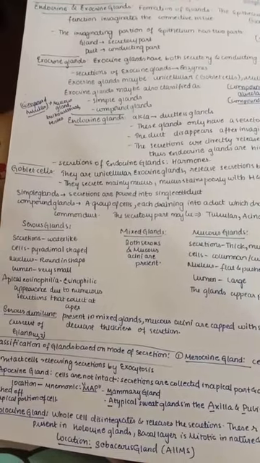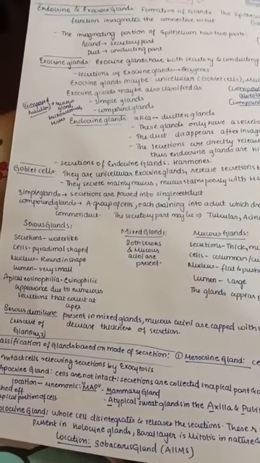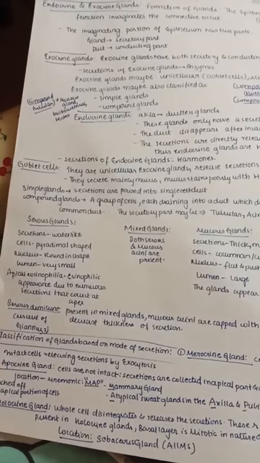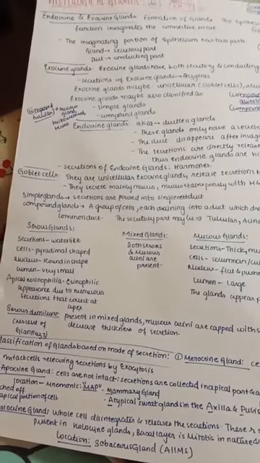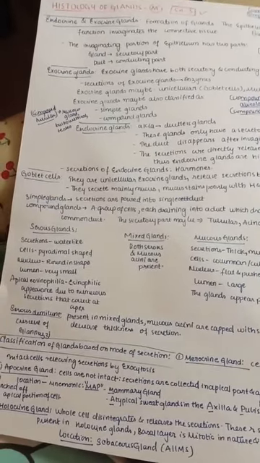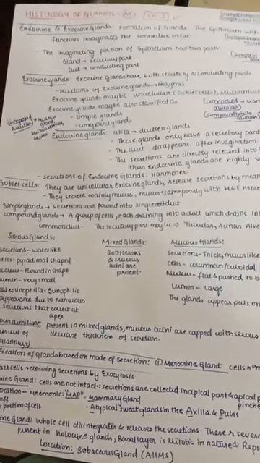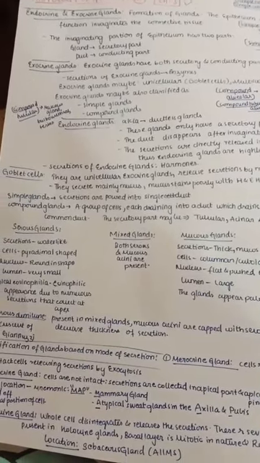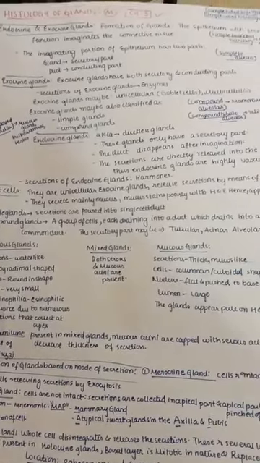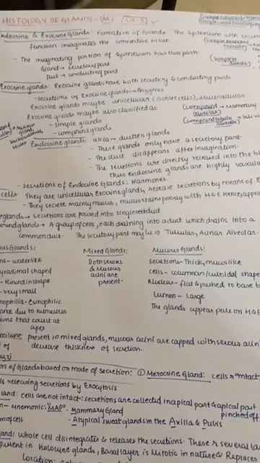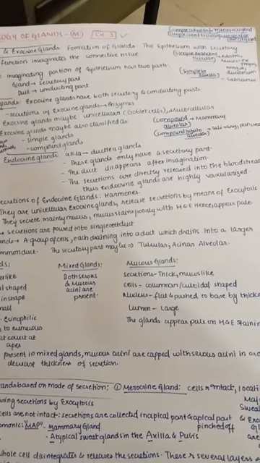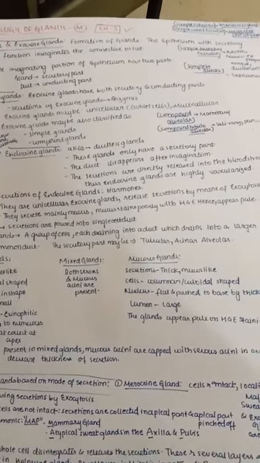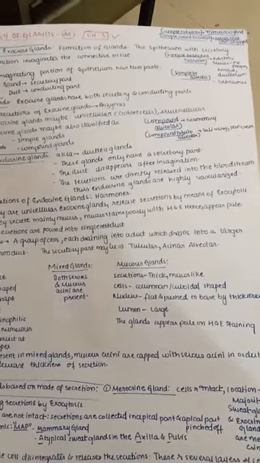In serous glands, the secretions are water-like, the cells have a pyramidal shape, the nucleus is round, and the lumen is very small. There is apical eosinophilia, an eosinophilic appearance, due to numerous secretions that collect at the apex. Mixed glands have both serous and mucous acini. In mucous glands, the secretions are thick and mucus-like, the cells may be columnar or cuboidal, and the nucleus is flat and pushed to the base by the thick mucus. The lumen is large and the glands appear pale on H and E staining.